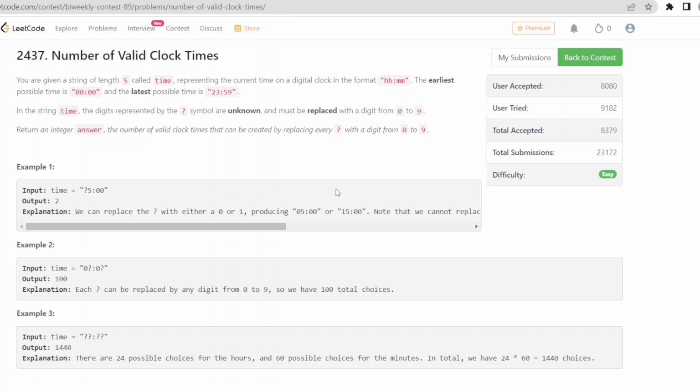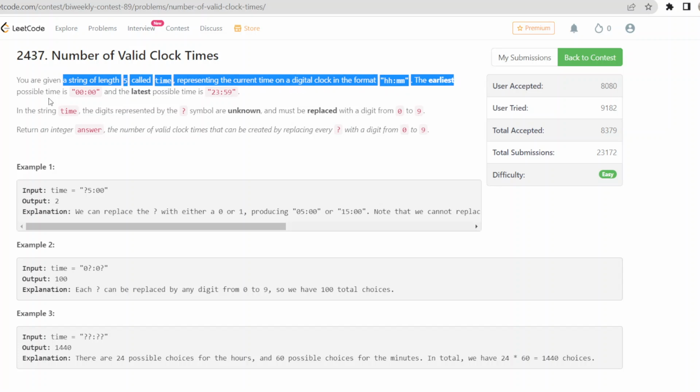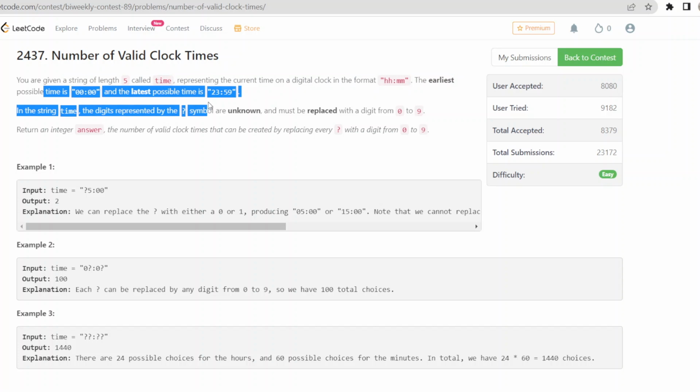Hey everyone, let's solve the first question from Biweekly Contest 89, that is Number of Valid Clock Times. You're given a string called time representing the current time on a digital clock in the format hh:mm. The earliest possible time is 00:00 and the latest possible time is 23:59. In the string time, the digits represented by the question mark are unknown and must be replaced with a digit